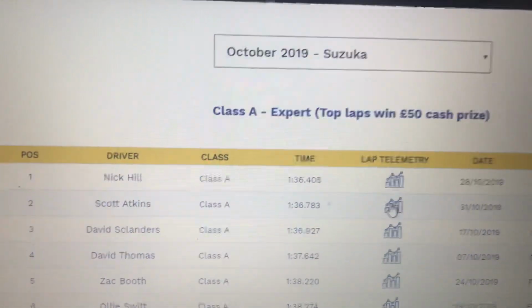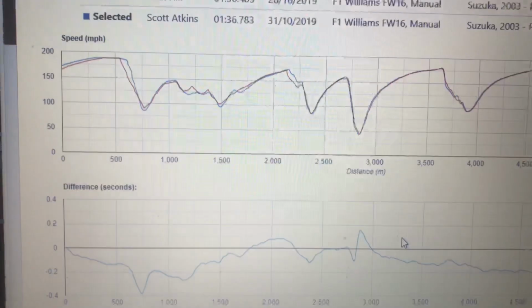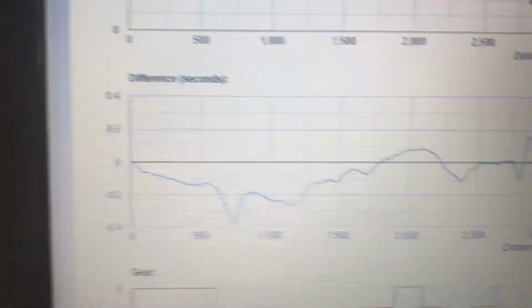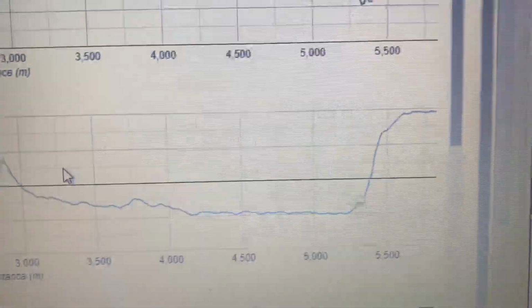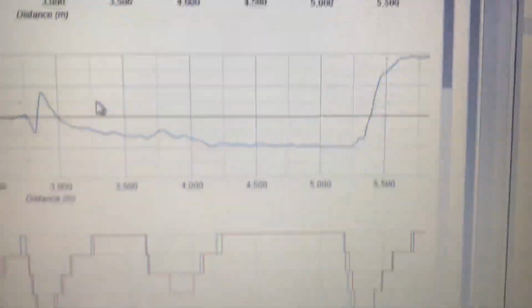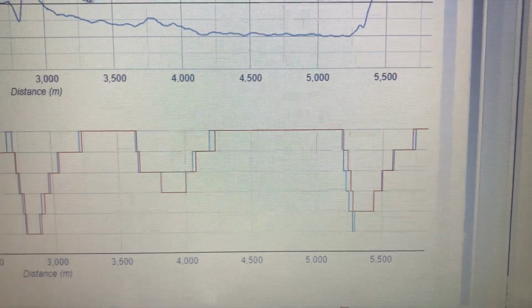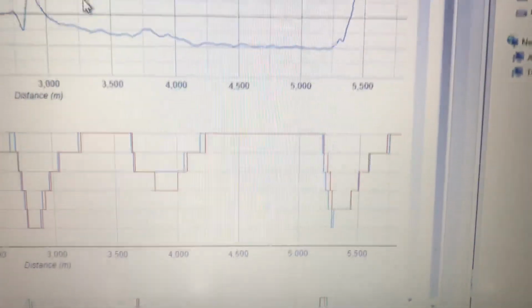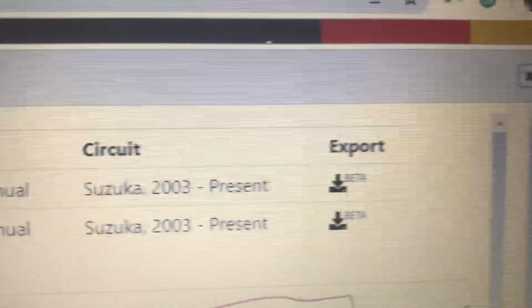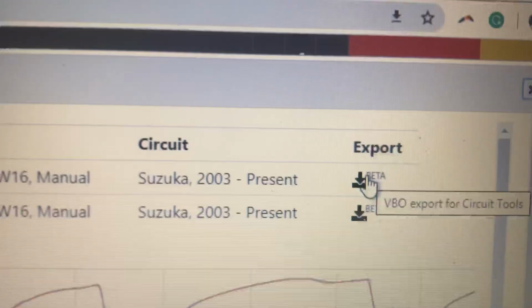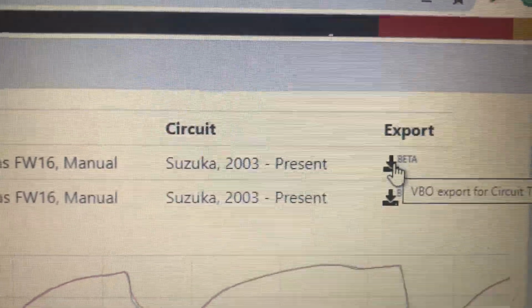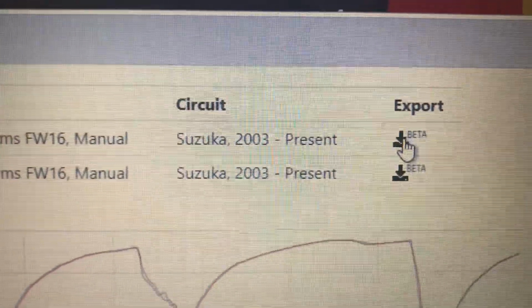If I look at the telemetry that we're already familiar with, look at the delta T, we can see that Scott was ahead for the bulk of the lap, but something happened on the final corner. Very quickly, we can see that Scott went down into first gear, whereas Nick stayed in second, but we don't know why. Using the new function, if I use these new download buttons here, I'm going to export Nick's lap,